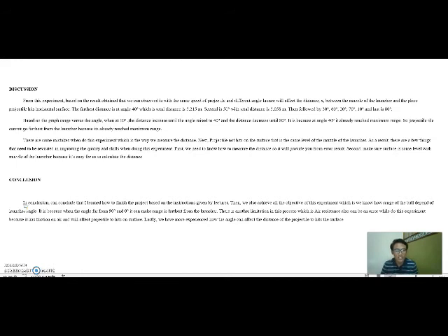There is another limitation in this process, which is that air resistance can also be an error while doing the experiment because air friction affects where the projectile hits the surface. Lastly, we have more experience of how the angle can affect the distance of the projectile to hit the surface.